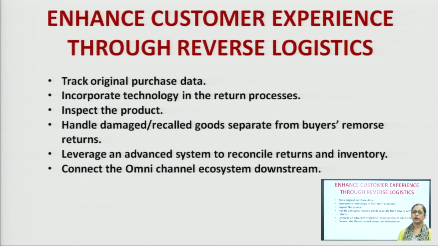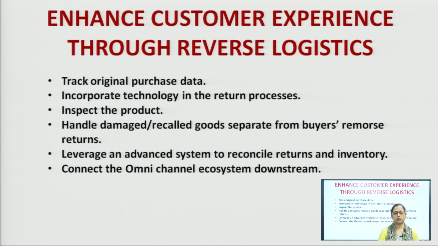Then coming to handle damaged or recalled goods separated from buyers' remorse returns. Now, we need to understand that this reverse logistics process is not something which the company needs to provide only to the urban customer. Such requirements also exist among customers in remote locations. So, providing a proper spread of the reverse logistics channel to all geographical areas is very important, because over here the company is expected to provide a proper network and then handle all the damaged and recalled goods,